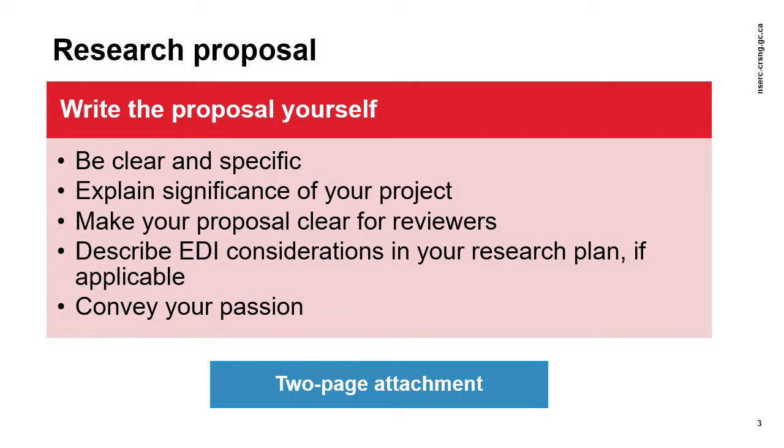If you are not certain what your project will be, write a proposal about a possible project that you are interested in. You can adjust the topic of your research project at a later date, provided it still falls within NSERC's mandate. Make your proposal clear for reviewers. You should write in clear, plain language and avoid jargon. Your application will be reviewed by a selection committee whose expertise covers a broad range of areas in your field. It is unlikely that someone specializing in your specific area of research will be reviewing your application.